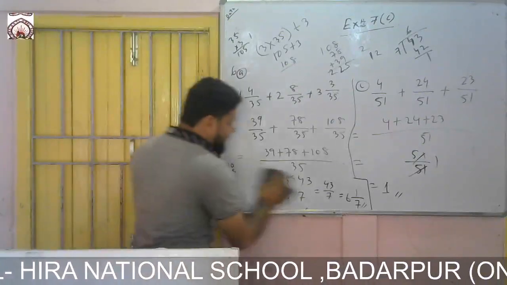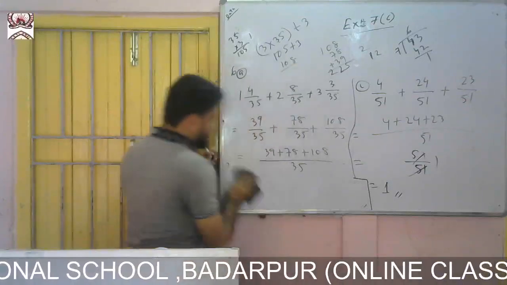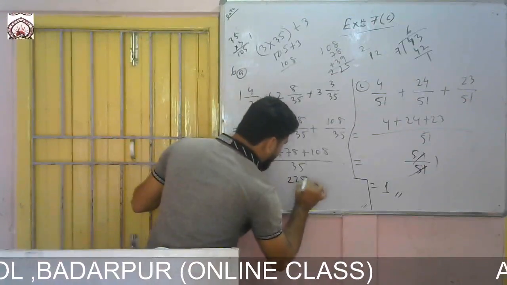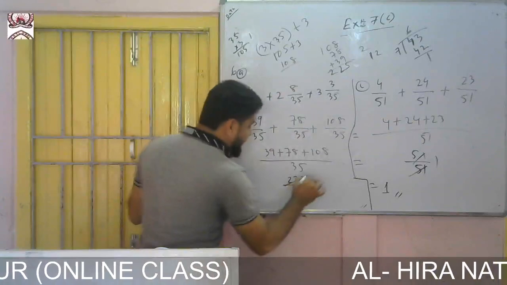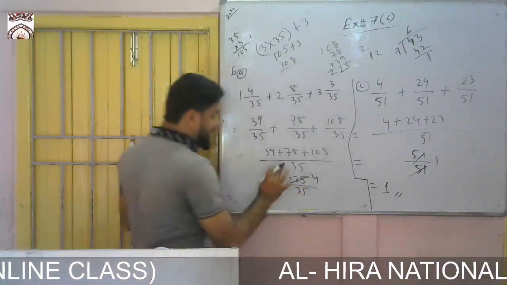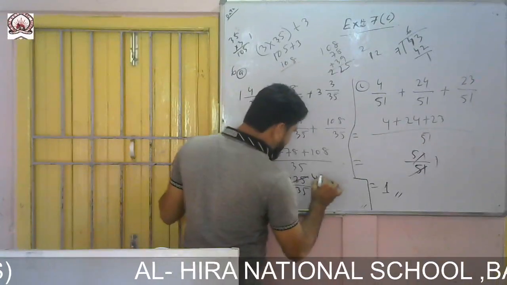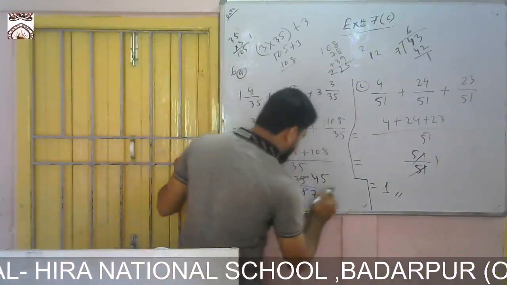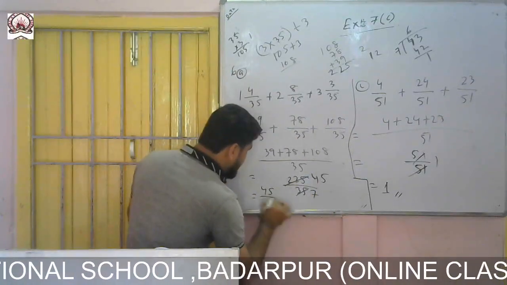This portion you do. Here came what, 2 to 5 by what, 35. So what, 5 4s are what, 20. Remain what, 2. So 5 5s are 25, and this one with 7. So the answer will be what, like this. Now it is correct. Now what, 45 by 7.